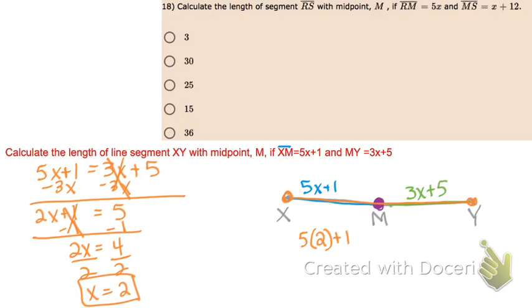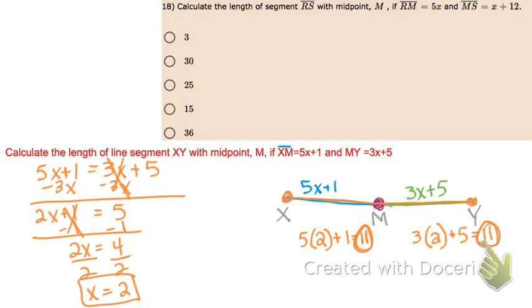Well, 5 times 2 is 10, plus 1 is 11. So that's the distance from x to m. And then I'll do the same for the green line segment from m to y. So 3 times 2 plus 5, well, 3 times 2 is 6, plus 5 is also 11,